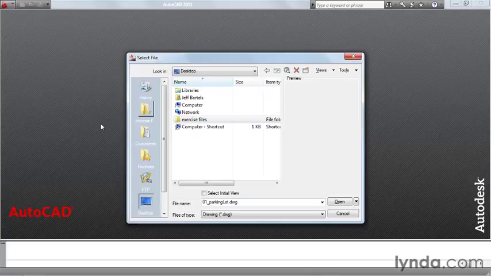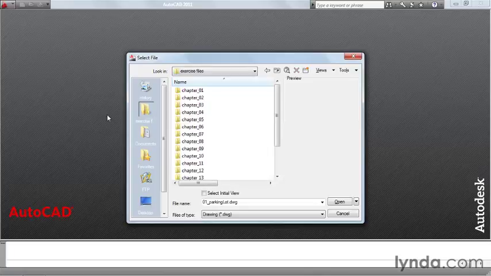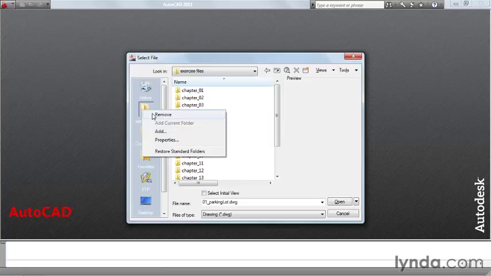This adds the folder as a favorite place. Now, the next time I want to open a drawing from this folder, I can click the favorite place, and AutoCAD takes me right into that folder, and I can go about finding my drawing. At any point, if I want to remove this folder from the list, I can right-click on it and select Remove from the menu. For now, I'm going to leave the folder here because it'll be very handy as we